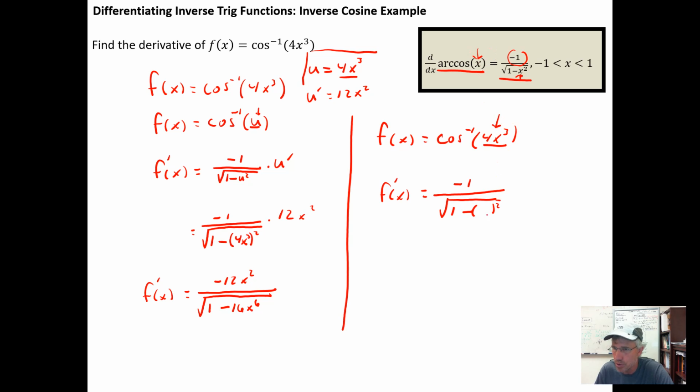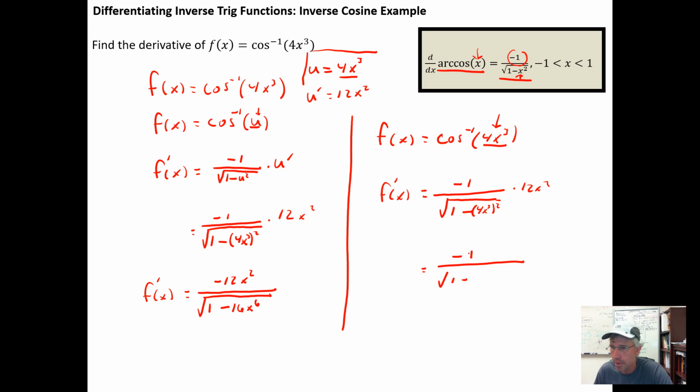In this case, 4x cubed is inside there. So I'm going to square that times, by the chain rule, I need to multiply by the derivative of the inside function, so times 12x squared,